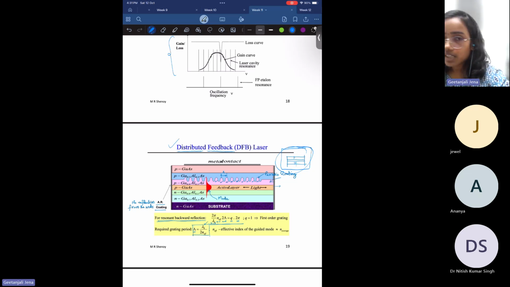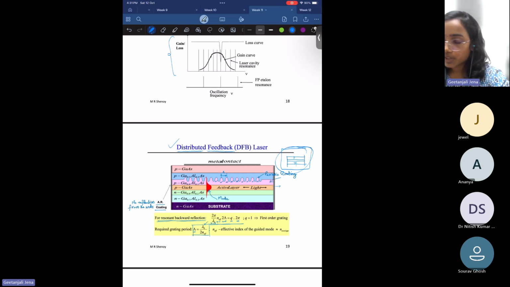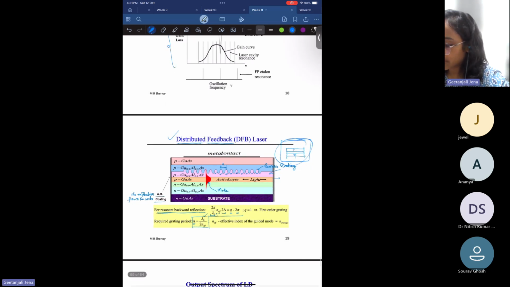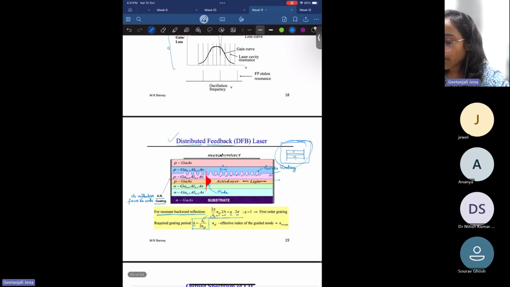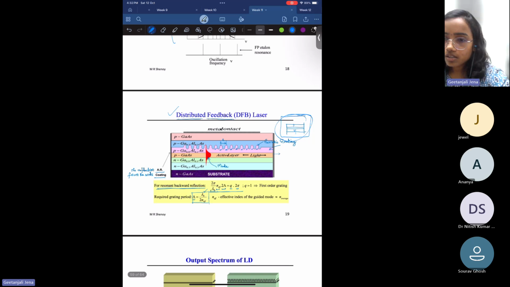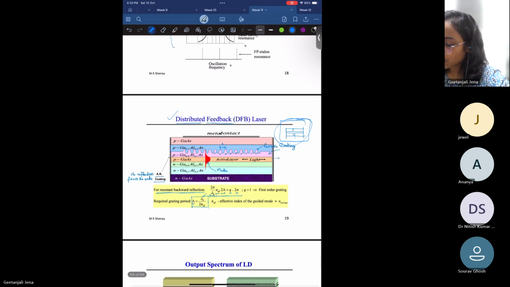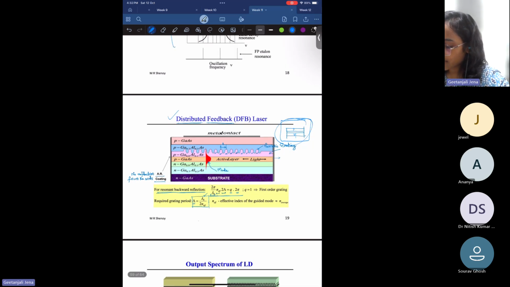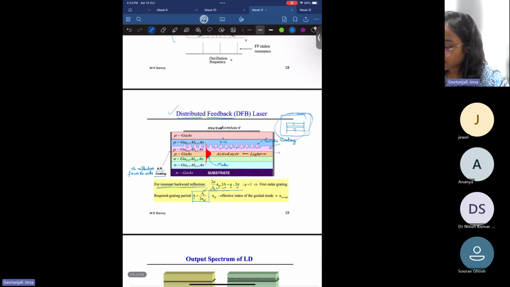Okay. So we can introduce a periodic grating in the p-type layer, so that you can make the desired wavelength reflected inside this periodic grating. So if you recall the Bragg condition, so whenever this condition is satisfied, so let us recall, whenever you have a periodic grating like this,